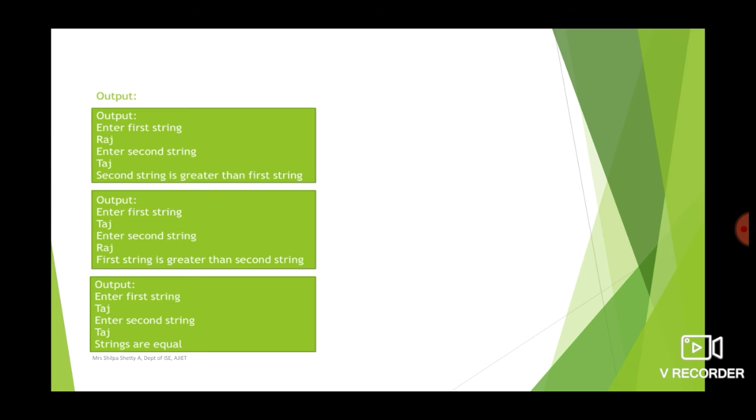What is the second condition? str1 of i not equal to the null character, but here it is equal to the null character. After j there is a null character, so the loop fails. And what is the value of i when it fails? It is 3. So str1 of 3 is the null character, and str2 of 3 is also the null character, they are the same, so the output would be the strings are equal.